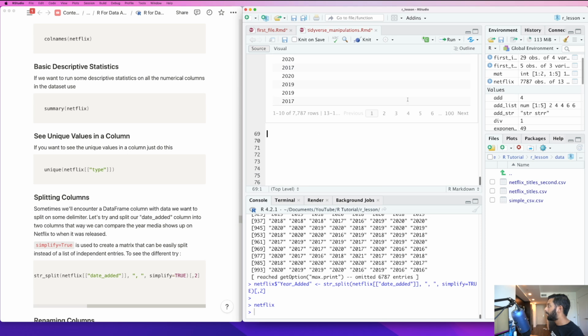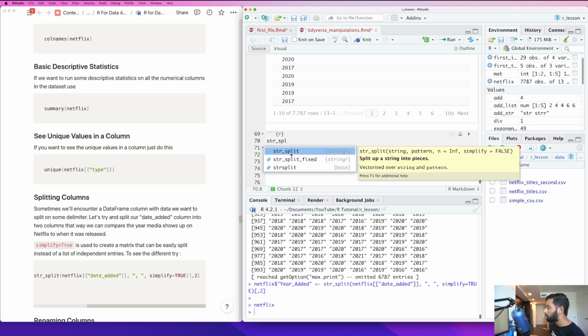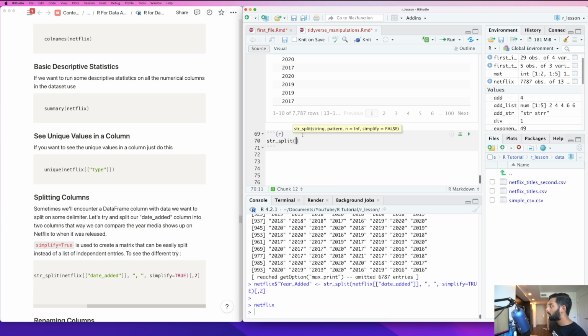So you might be wondering, hey Shashank, what's this random string split thing you brought in? You'll see if I type in string split, it says stringr over here. This is the library it comes from. Let's say you didn't know about this function. This function exists inside